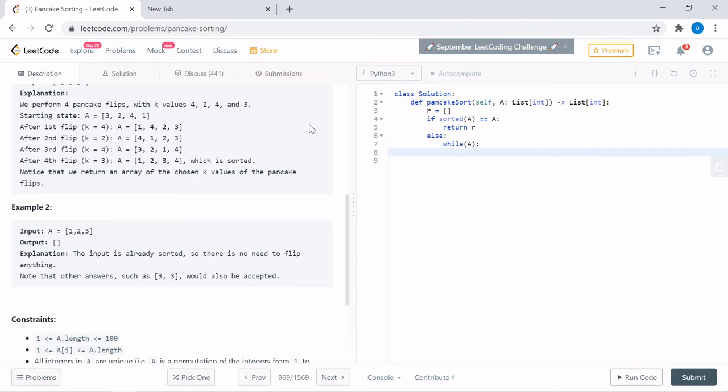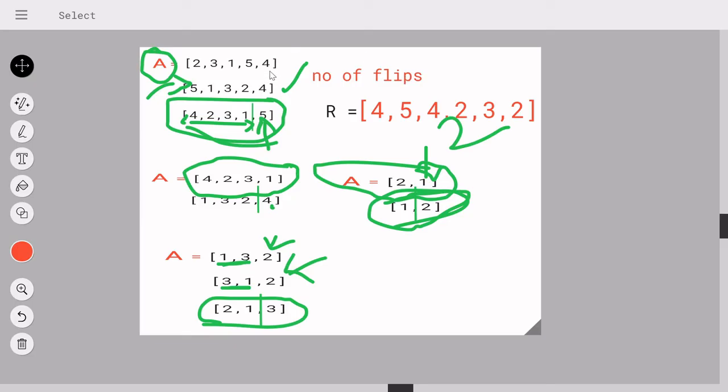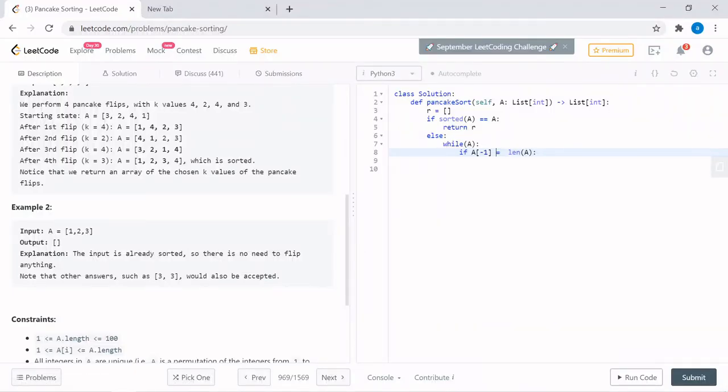The condition I'll check is if the last position of A is equal to the length of my array, then I'm not supposed to do anything. I'm only supposed to manipulate the array once I know that my last element in an array is not the length of the array. So if it's not equal, only then I'll perform the sorting task.